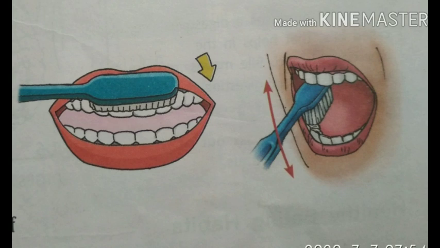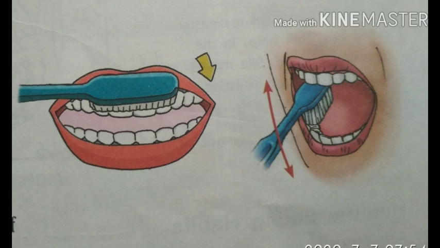Whenever you eat something, you have to rinse your mouth properly so that you can remove the food particles which get present in between the teeth. Then always avoid eating too many chocolates and sweets. Then every day or on a daily basis eat fruits and vegetables. The last one is visit a dentist every 6 months.